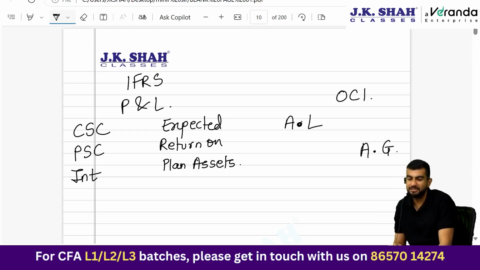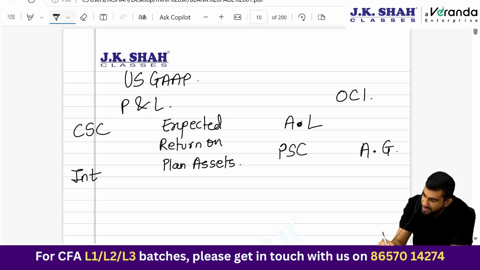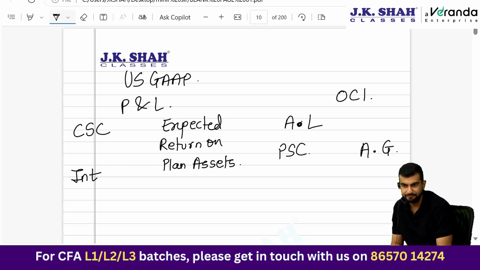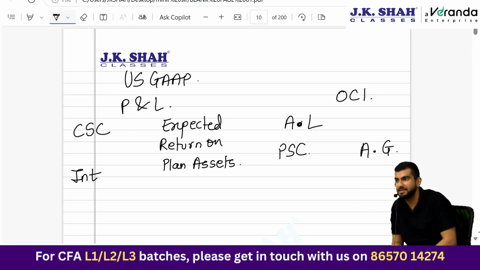Fine. Now when it comes to US GAAP, the treatment is slightly different. In P&L, past service cost won't go in P&L, it will form a part of OCI. And expected return on plan assets, you can use any rate that you want under US GAAP. But when we see it on a combined basis, P&L plus OCI combined, it's going to be the same under IFRS and US GAAP. And what is that combined cost called? TPPC, total periodic pension cost. Okay, remember this. So this much is relevant at level 1 that you need to understand.